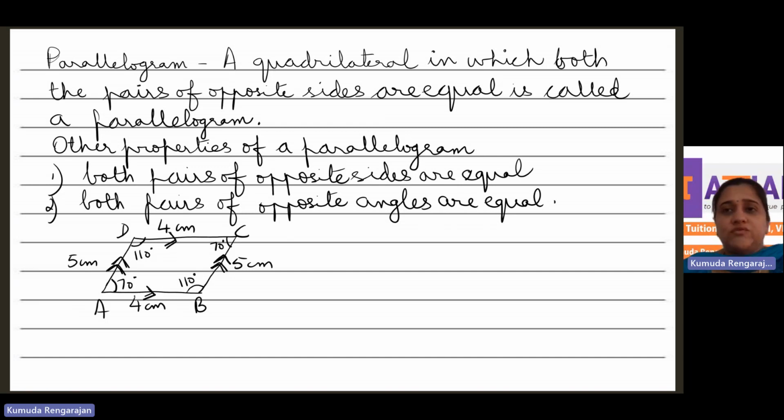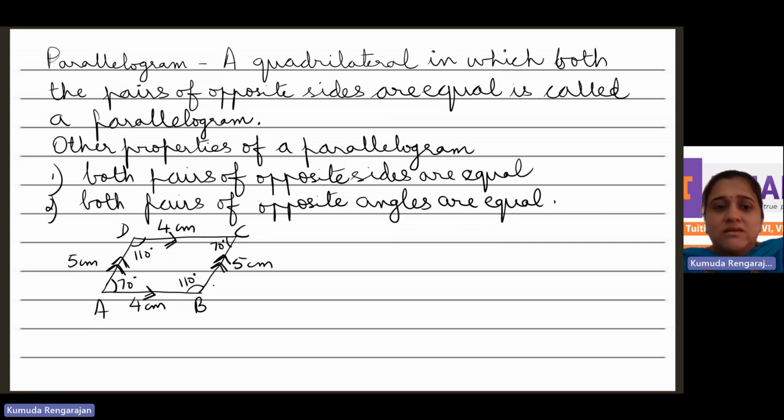So just to differentiate, we use single arrows and double arrows. The arrows indicate that the sides are parallel. So in this figure, AB is parallel to CD and BC is parallel to AD. Now, this is the definition of a parallelogram, a quadrilateral in which both the pairs of opposite sides